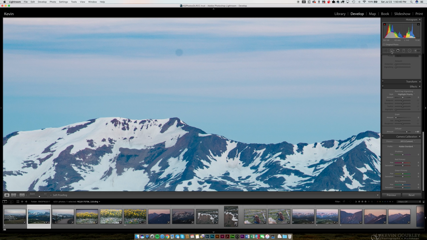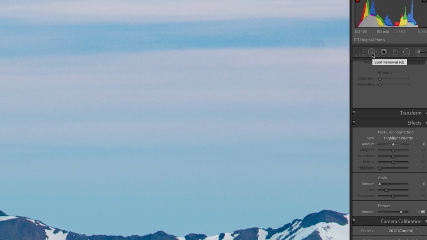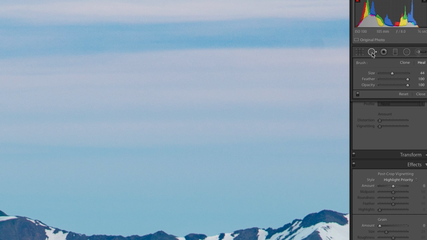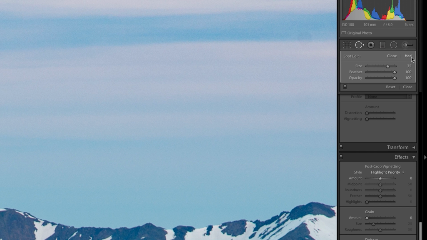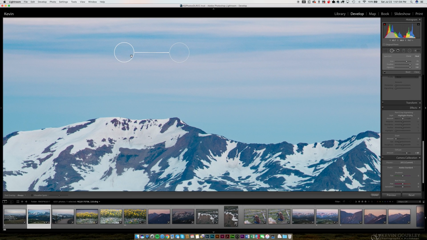So I'm going to use the spot removal tool up on the right hand side there. When I click on that, it brings out this tool here, and you see this little circular brush, and if I hit the right bracket key I can make it bigger, and so all I need to do is click on that spot, and it's going to use the heal option here, and it's going to grab an area and then copy the area over into here using the texture from over here, but blending in the colors here